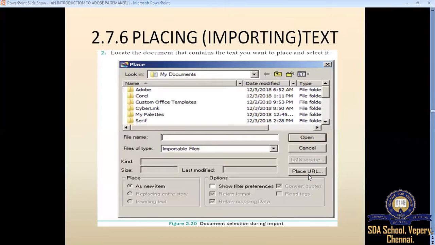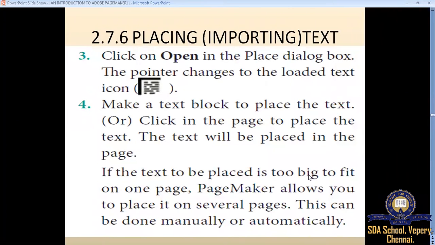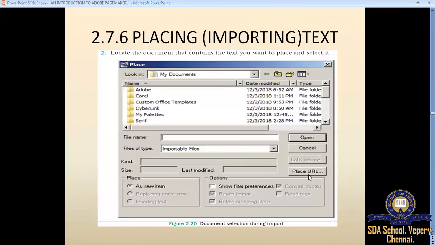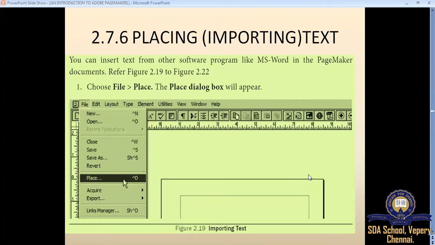That is importing text. Right? What do you mean by importing? That is, you are going to insert text from another software program like MS Word into PageMaker, or from a Notepad or from a WordPad.